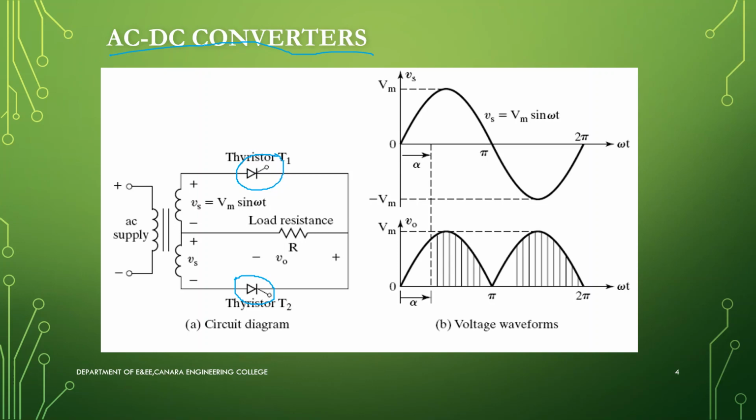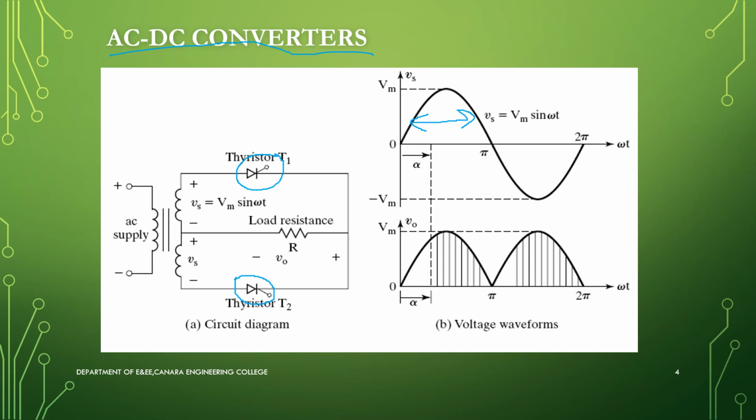But what is actually changing here? So we'll have a look into it. So first our input is AC. This is what the AC voltage is. We will consider the positive half and the negative half separately. First we will consider the positive half. During positive half of the input, the polarity of the input voltage is indicated in the figure. Its magnitude is Vm sin omega t. That is what we have drawn here.